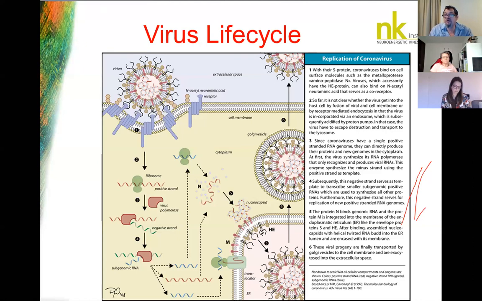So once the virus enters the cell... So normally, endocytosis would be that the virus would enter by the membrane going around the virus and then going in and then breaking through the membrane. So it's a relatively slow process.